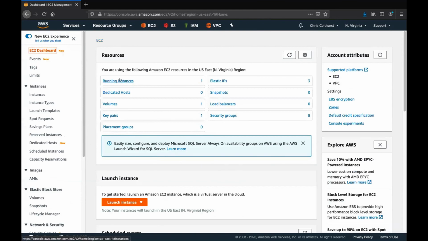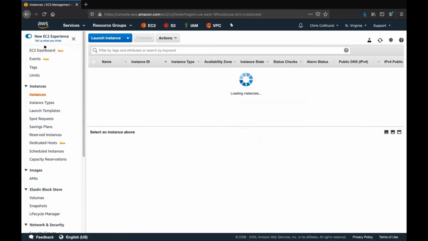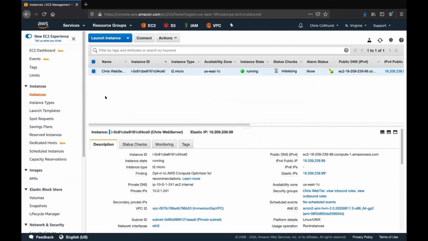But then we go back looking at our running instances under the dashboard or listing instances. And now you can see that this box is running. It has the public IP address that I just allocated. If I copy this into my browser,